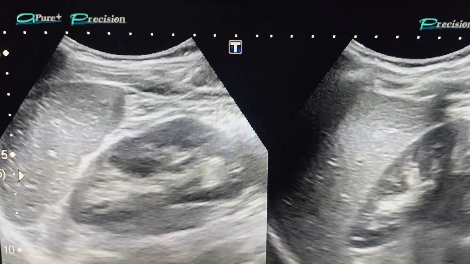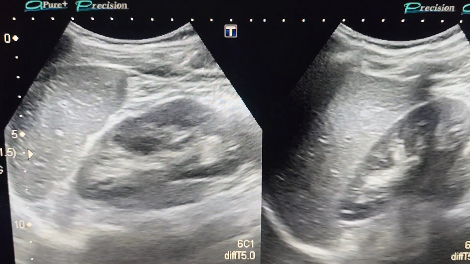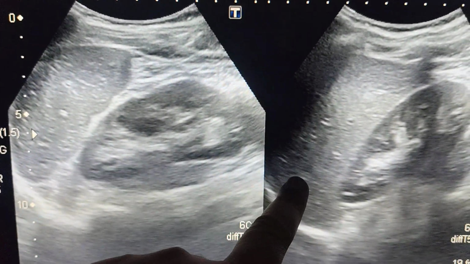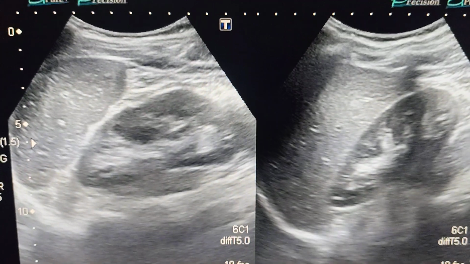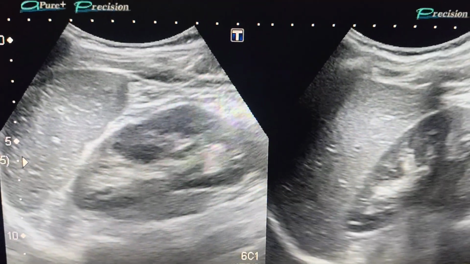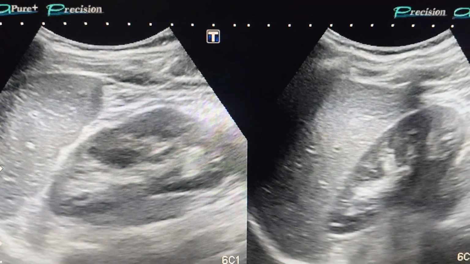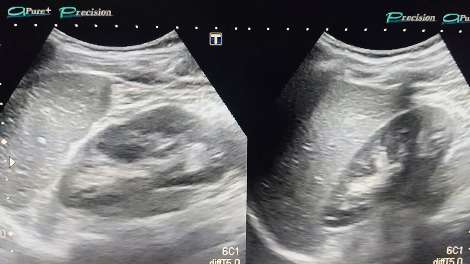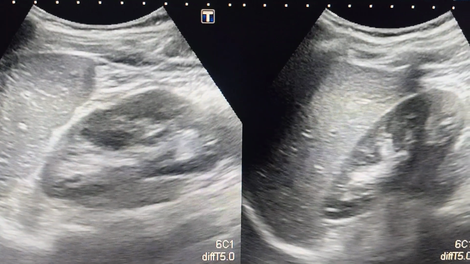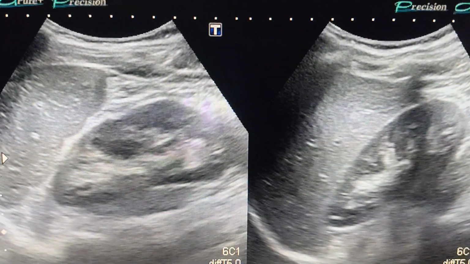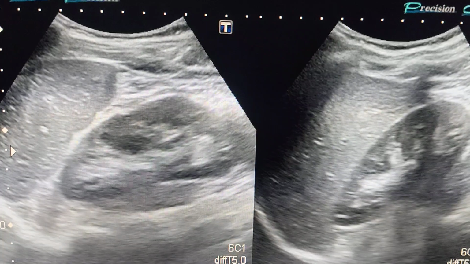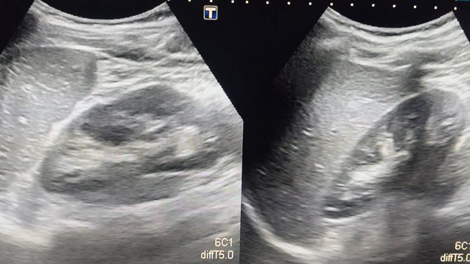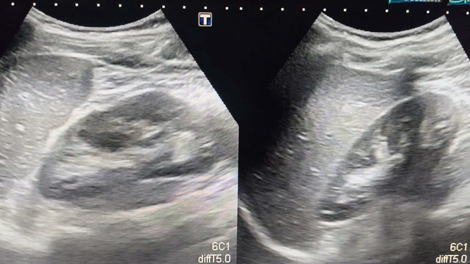When we compare the echogenicity of these two organs, when the echogenicity of liver is enhanced, we label it as fatty liver. When echogenicity of kidney is enhanced, we label it as renal parenchymal change. When we talk about the normal size of kidney during ultrasound, that is about 8 to 12 centimeter in diameter in